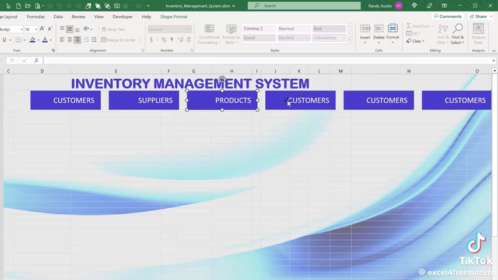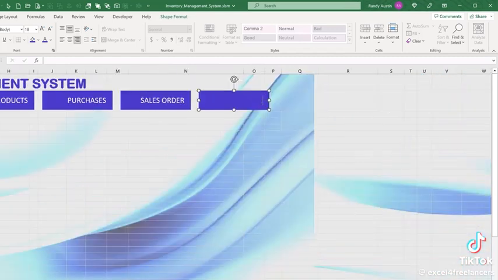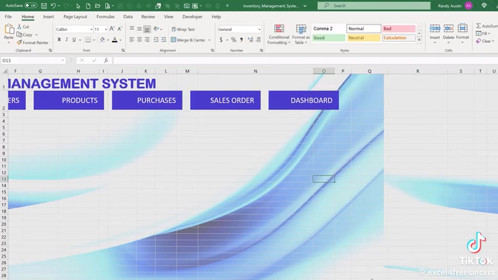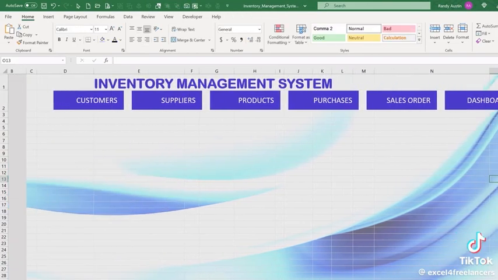This one's going to be for our purchases, or purchase orders is another way to do it. And then another one we want to use for our sales order. And lastly, for our dashboard. Okay. So now that we've got all that, we're going to put in our icons also. Now that we have everything set up just the way we like it as far as the buttons are concerned,